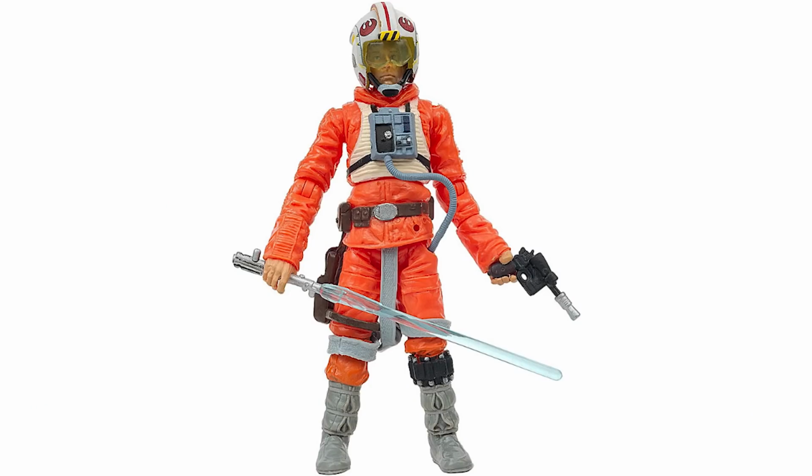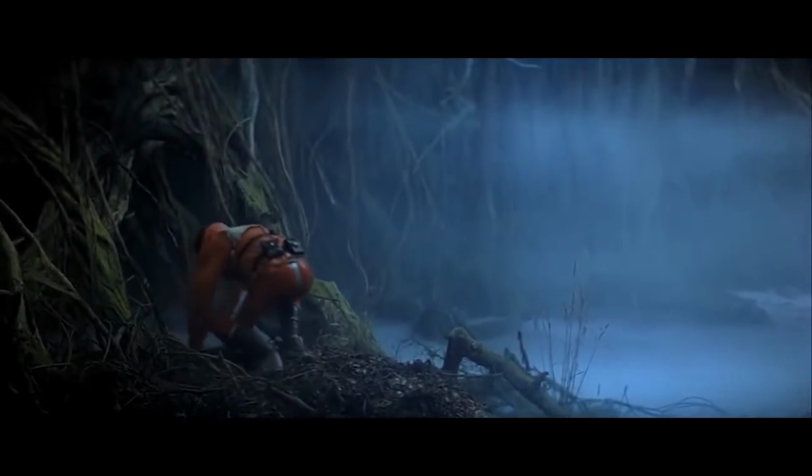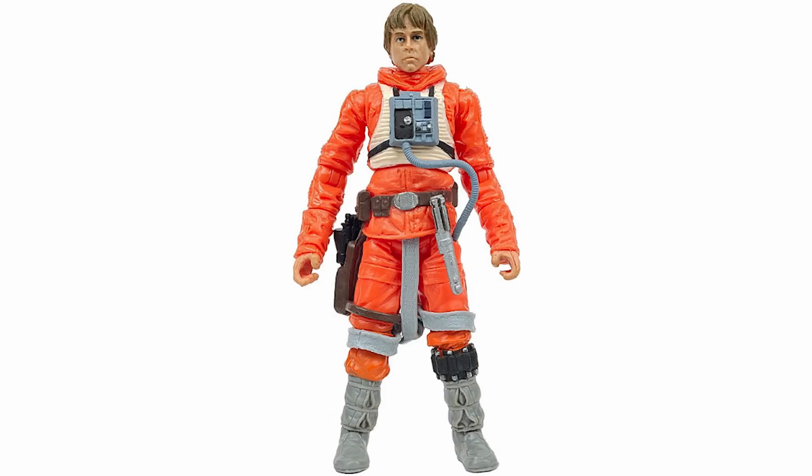One of the best Vintage Collection Lukes and reflective in the price. This Dagobah Luke is very scene specific, modeled after exactly what Luke was wearing when exiting his crash-landed X-Wing, which was actually less than 2 minutes of screen time. Luke's head sculpt is actually good, which is shocking really, and is even better than the last 2 TVC Luke head sculpts